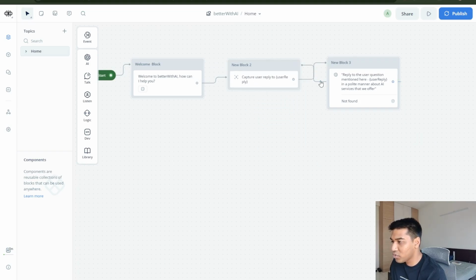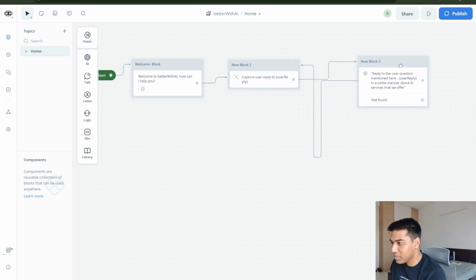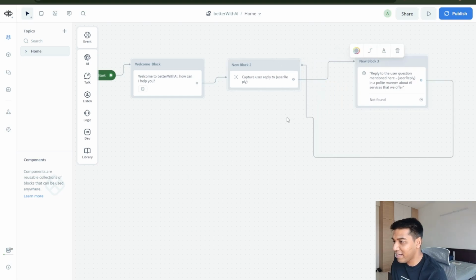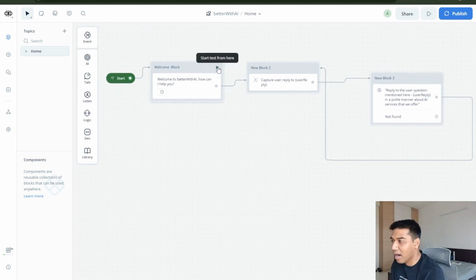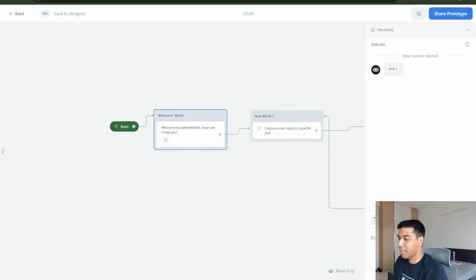Okay. And just to show you, what I've created is called a loop. Okay. Let me just make this separate. These lines sometimes are very irritating, but it's okay. So you can see it's become a loop, right? So we're again going to come here, click on this start button, so it starts a test from here. You can also go full screen if you want, but I'll just start from here and come in here and say,